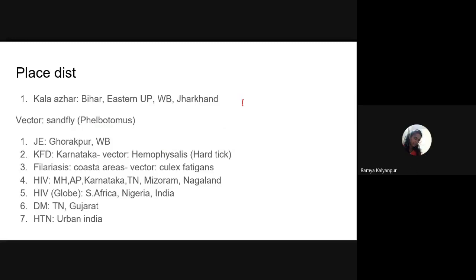Yes, HIV is present all over India, but when we see more scientifically, the government has categorized HIV into three areas. So it is like highly prevalent HIV areas. In that come Maharashtra, Andhra Pradesh, Karnataka, Tamil Nadu, Mizoram and Nagaland. These are the seven places or states in India called high prevalent zones for HIV. So any individual coming from any of these seven places has high chances of having HIV.